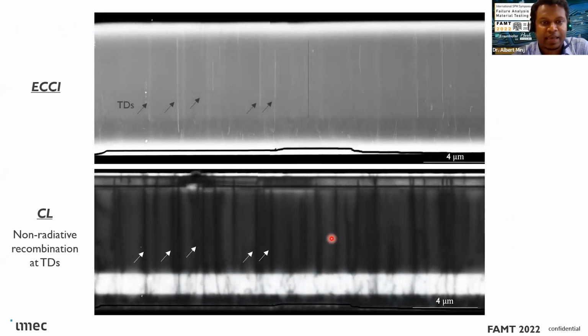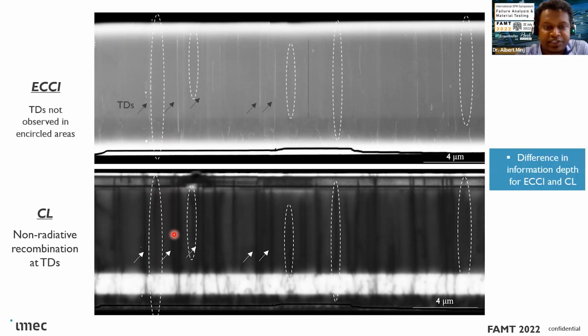So these are from the same area. What you can see is that all the threading dislocations that can be seen in ECI can be traced back to the CL map, and they appear as a darker contrast. But additionally, in the CL map, we are also seeing regions with non-radiative recombination paths that cannot be traced back to ECI. This is related to the fact that the two techniques have different information depth, much deeper for the